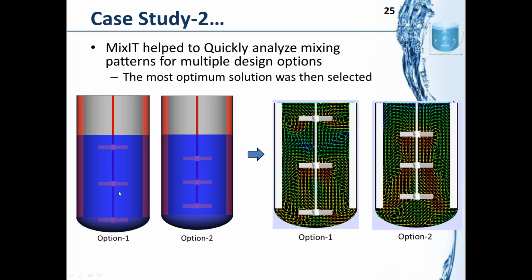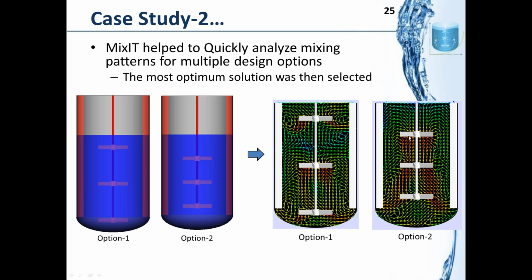if that helps us to mitigate this mixing problem, or which of the options will work best for us. If we look at option one, typically we can say that yes, the impellers are more uniformly distributed now, and it will give us the desired mixing performance. However, look at the flow pattern being generated: the top impeller is forming its own loop, and the bottom two impellers are forming their separate loop. This leads to the mixing issues we can see in the next slide.